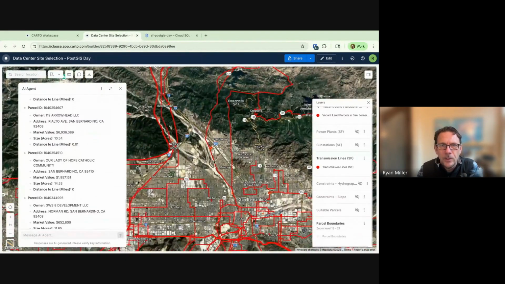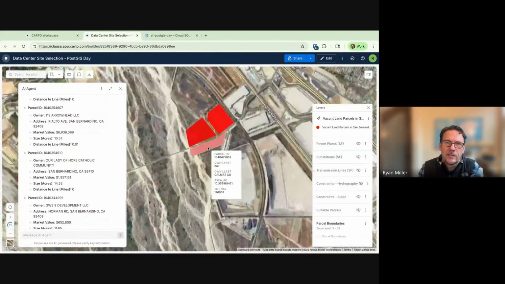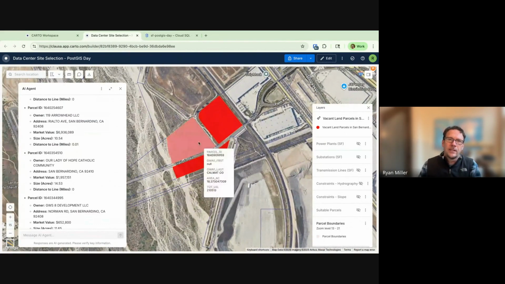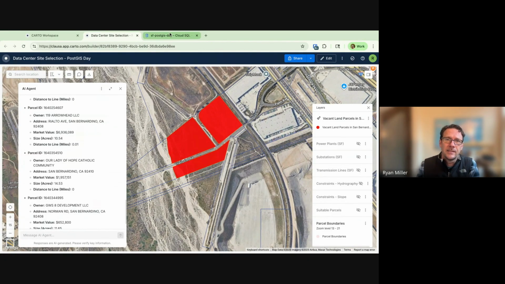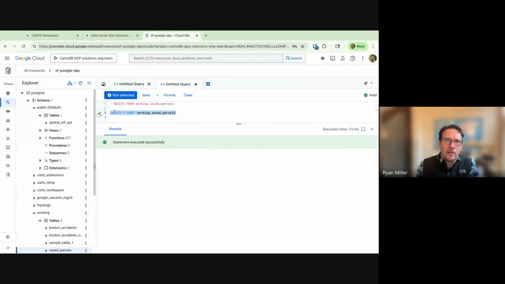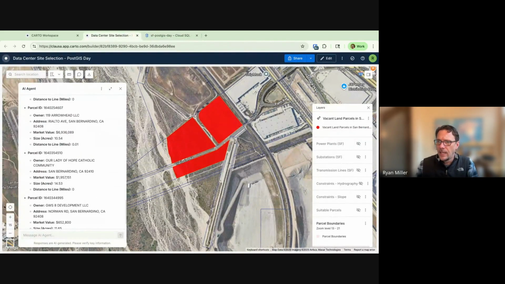All right, so we can see a few different sets of parcels around. Let me turn this off, a little easier to see. There should be 17. Let me focus on this cluster of 3 parcels here. So basically, we've got different tooltips that you can tell the agent to add, the different types of interactions we want. And so now we've got these parcels, and we want to save them to our PostGIS database. Again, everything so far has been processed inside of Snowflake. So before I ask the agent, let me just make sure that my parcels table is empty. It is.